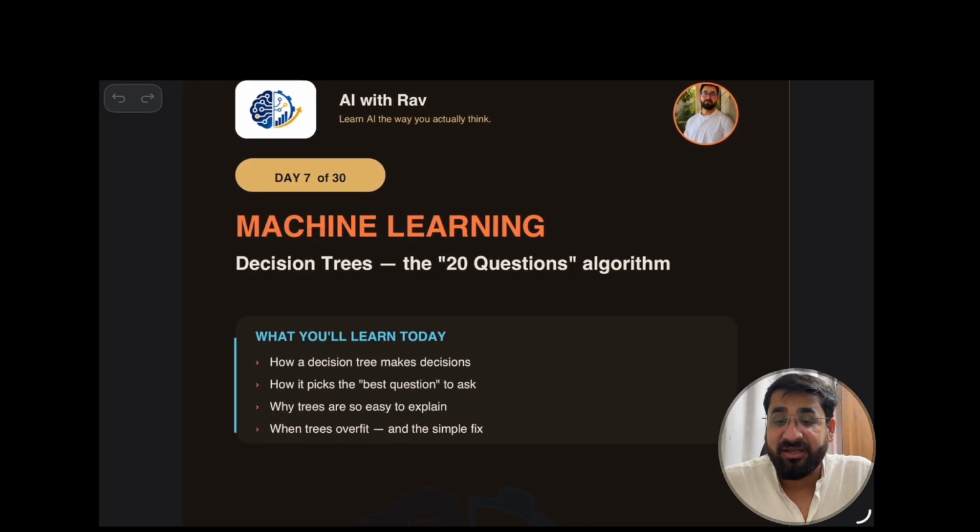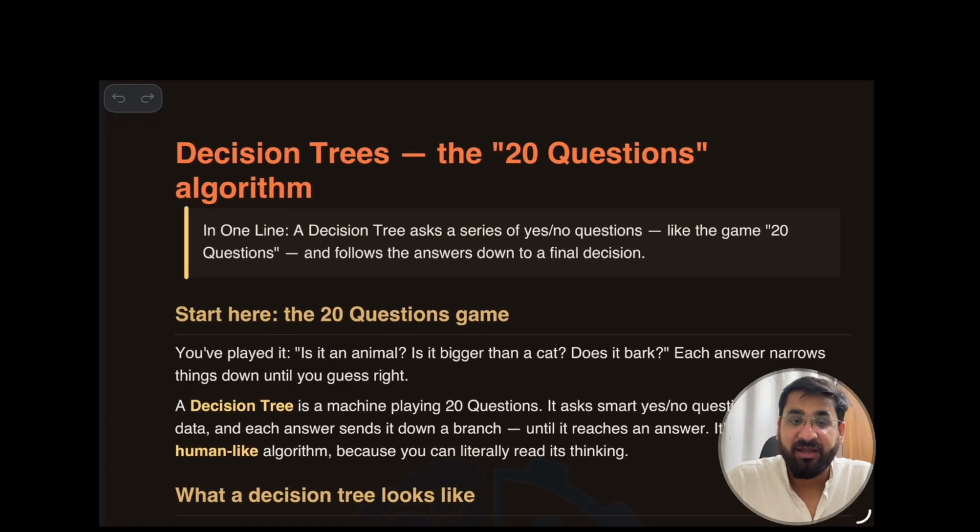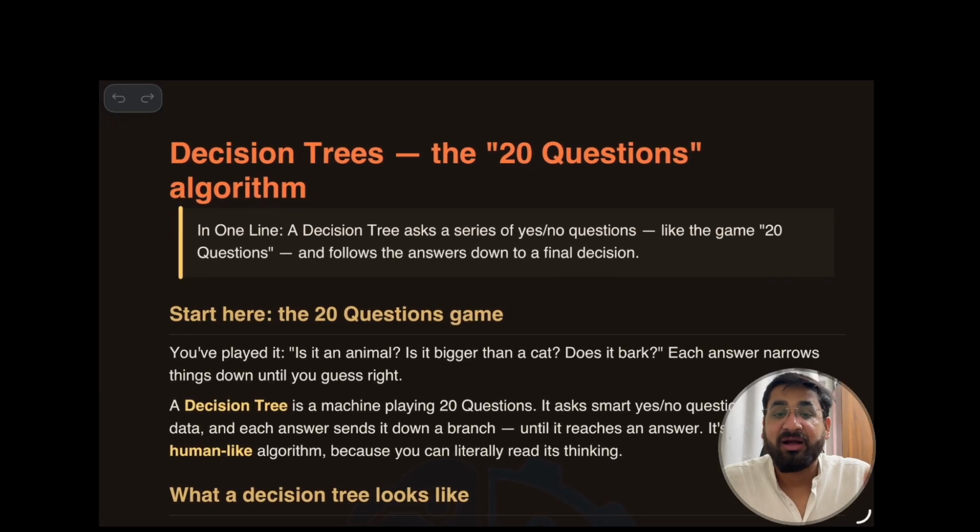On the seventh day, we have another algorithm called the decision tree. In this algorithm, we are going to cover four topics: how it works, how it picks the right question, why it follows a tree way to answer the question, and what the drawbacks are, underfitting and overfitting. Let's start and finally come to a one-liner: a decision tree is a series of yes or